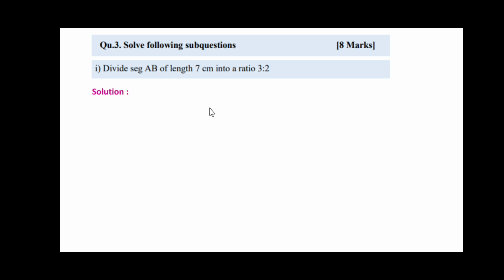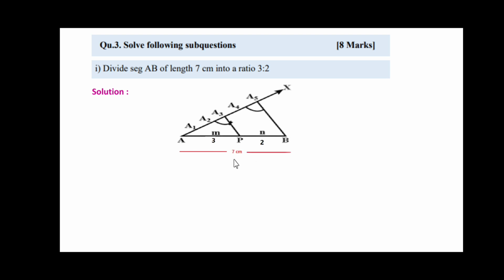So what we have to do is first draw the segment AB of length 7 cm, as shown here in the figure. Then make an angle at the point A. Put the protractor and make an angle of 35 to 40 degrees, drawing a ray AX making an angle of 35 to 40 degrees with AB. And here, take a radius of around 1.5 to 2 centimeter in the compass.